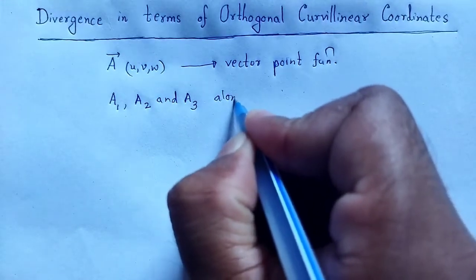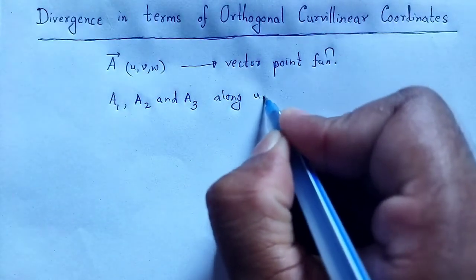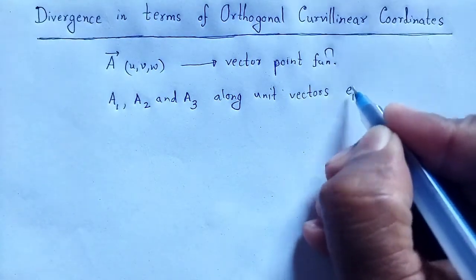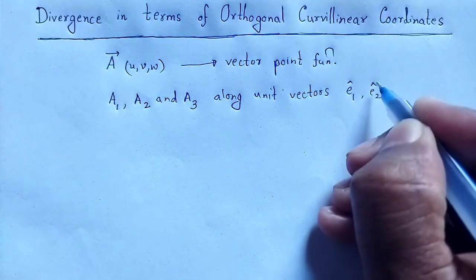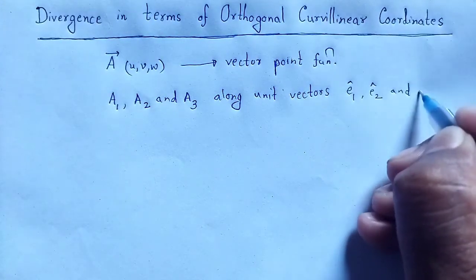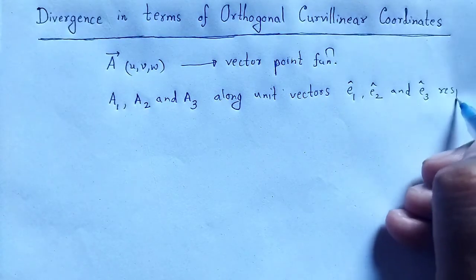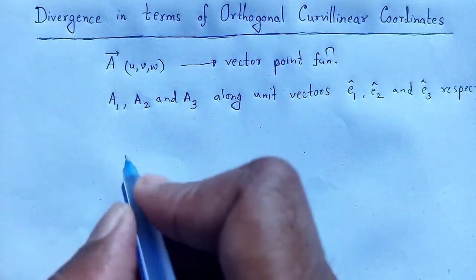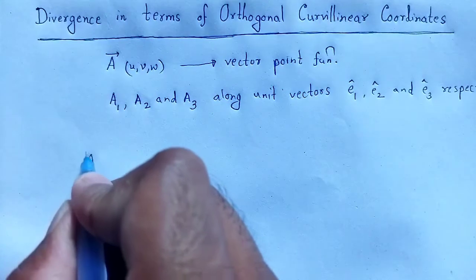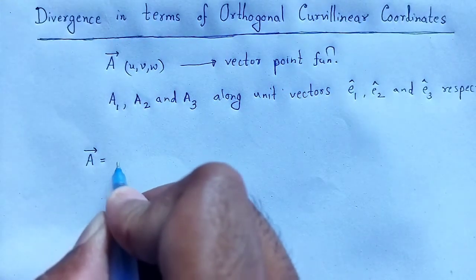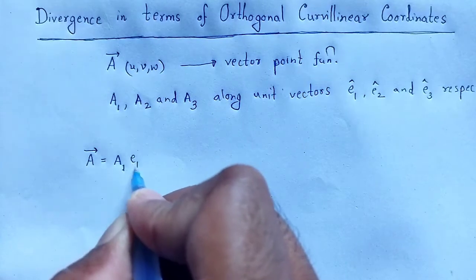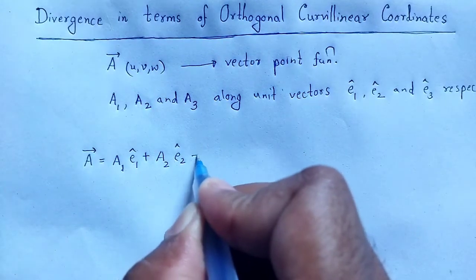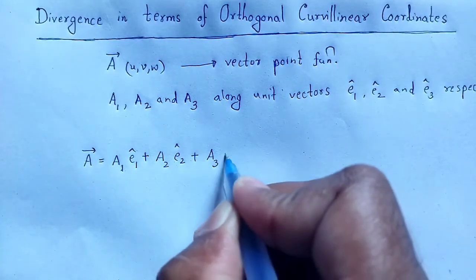along unit vectors e1 cap, e2 cap and e3 cap respectively. So the vector A is written as a1 e1 cap plus a2 e2 cap plus a3 e3 cap,